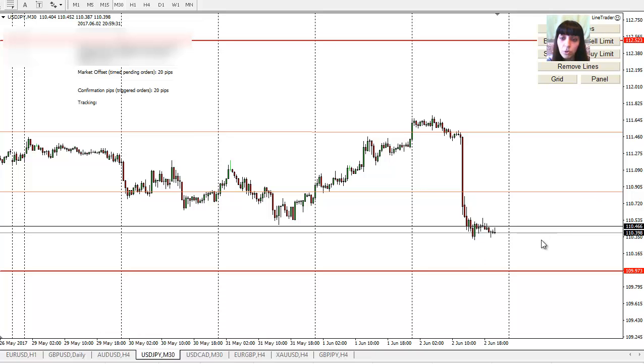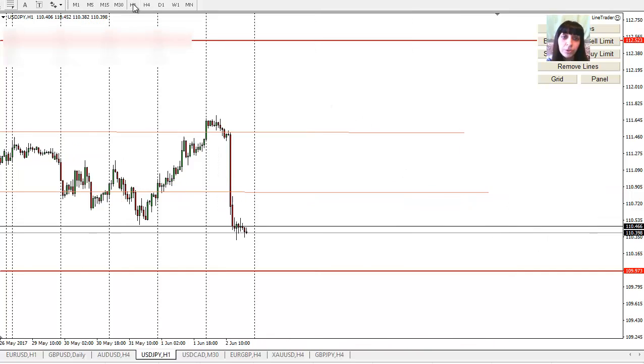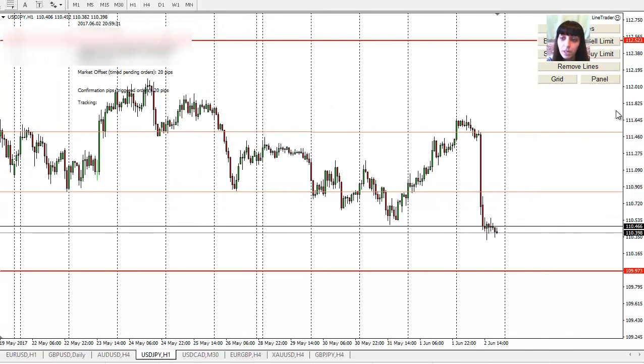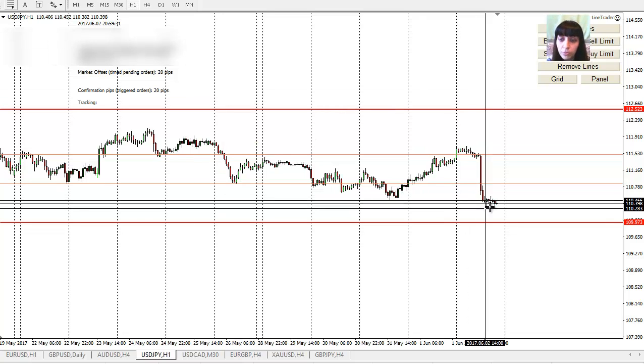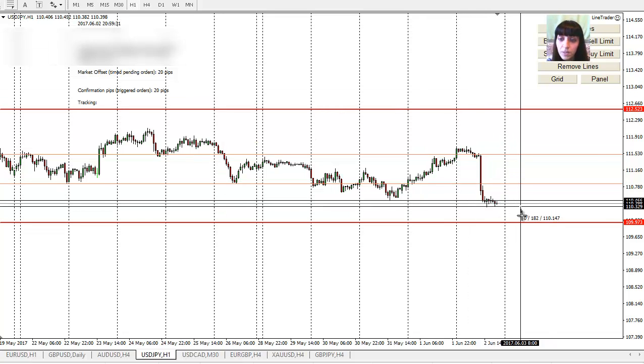For this new coming week, I'm expecting it to continue to go down, and there also will be some news for yen, of course, and I will be watching for it to create a little bit of consolidation, and hopefully continue the way down, try to close the window. Of course, we still have that strong level, which could be a stopping point for that movement down. For example, I still have a little bit, like 30-something, 40 pips.